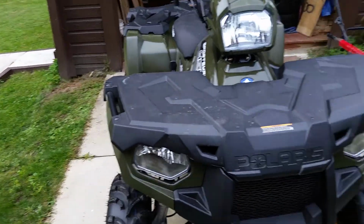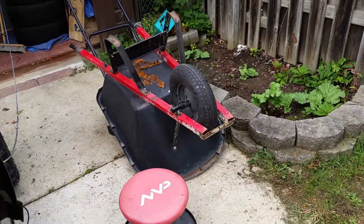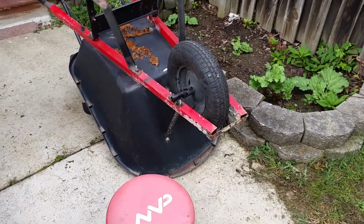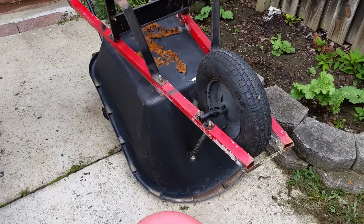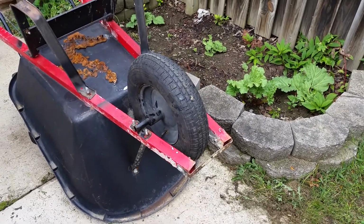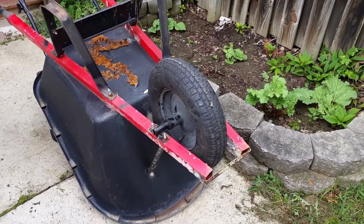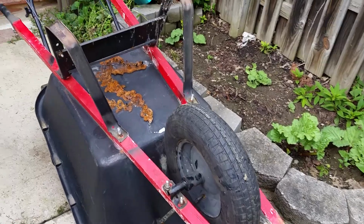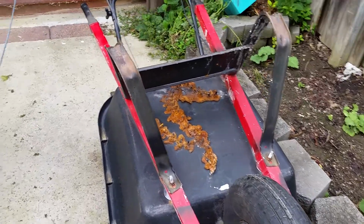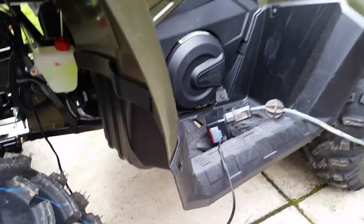I mean, that wheelbarrow means a lot. It is one of the strongest ones I've ever had, even though it's plastic. So yeah, I had to put an inner tube in it a long time ago and whatnot, but she's all put together again, looking good. Now we can get back to the charger